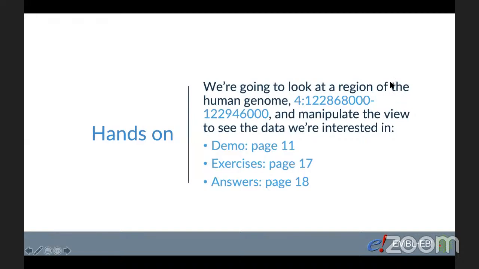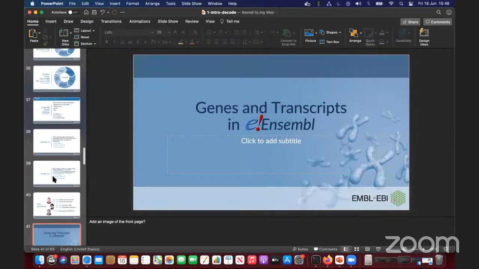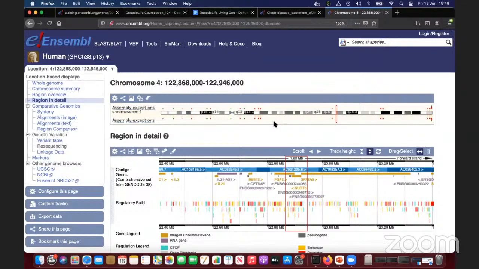And someone asked about patches in a chromosome view. So let me just jump back to the browser. If you look at this chromosome diagram, you'll see those little boxes over here. And they represent those alternative sequences, so assembly exceptions. So on top of the primary assembly, you might find